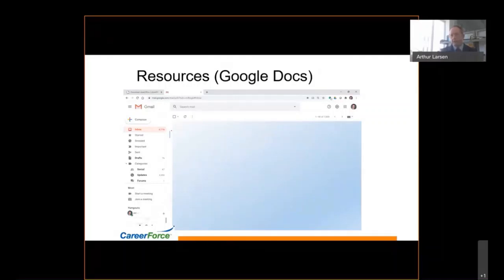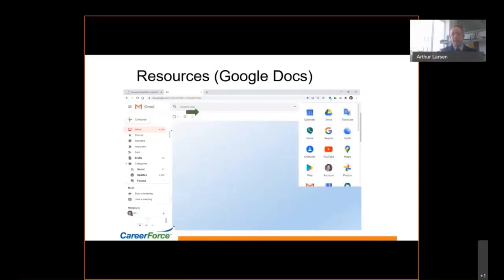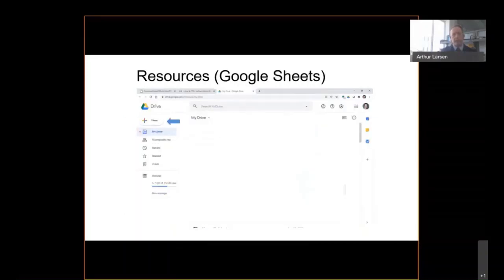To get to this, you just have a Gmail account. And from there, you would go to your waffle. In this case, it's on the right-hand side, the application launcher. And then you choose Google Drive. There's one extra step in this process as opposed to the MSN process. Once you click on Drive, then you're going to click on New, and Google Sheets